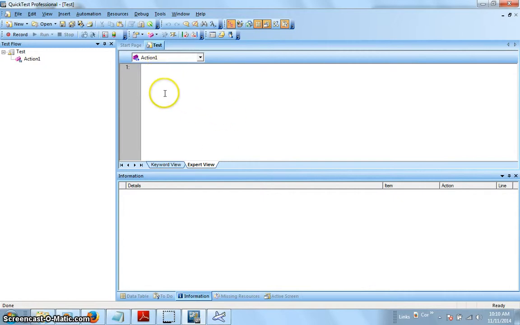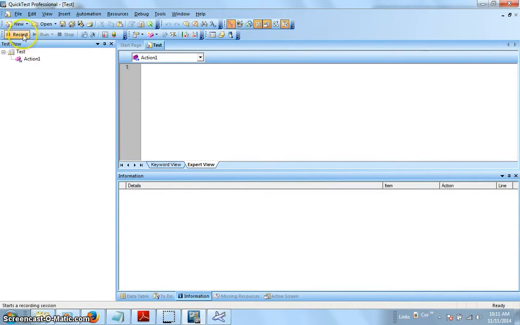The very first important thing is the expert view; we could see more of the rest, like keyword view, later. But now we need to generate one small test with the help of QTP. So firstly, just open the test and expert view. There is a record button over here, then run and then stop. It is just like our tape recorder. In the olden days, we would record some sound, then stop it and then replay. Same thing here.